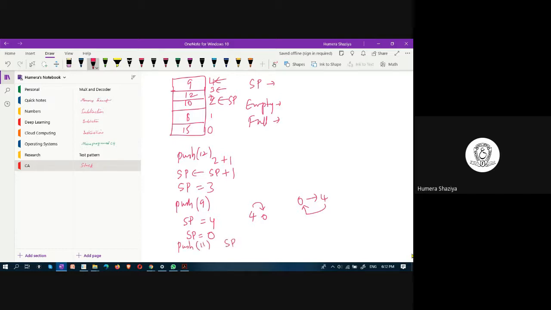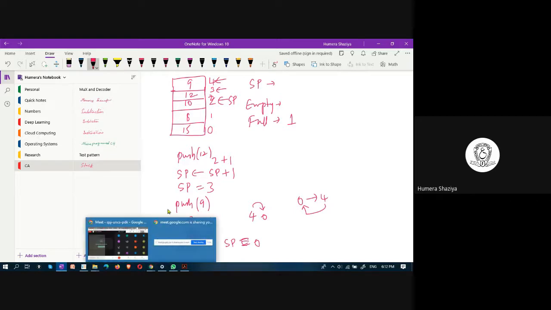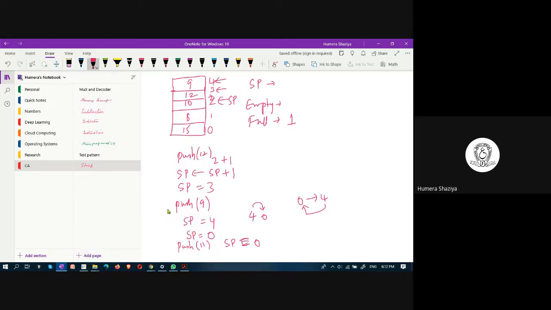SP is incremented. When you increment SP from 4, it becomes 0. When SP is 0, you have to indicate that it is full. You cannot further insert any more items. So essentially, full is a flag that indicates that stack is full presently. This is about push operation.